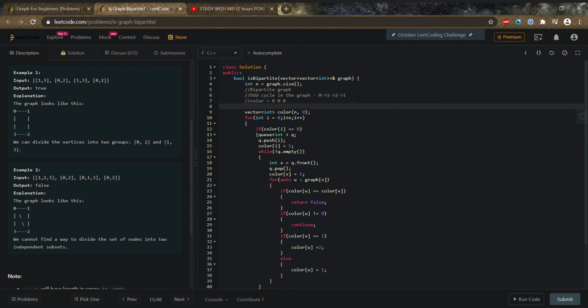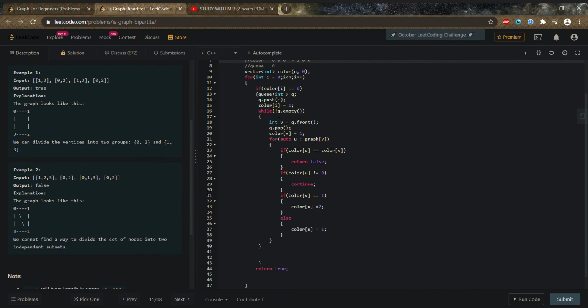So basically now let's say the queue is here. In this queue we have pushed 0. What would happen to the color array now? The color of the first element was 0, so we have created a queue, and we have pushed the first element, and we have made its color 1.